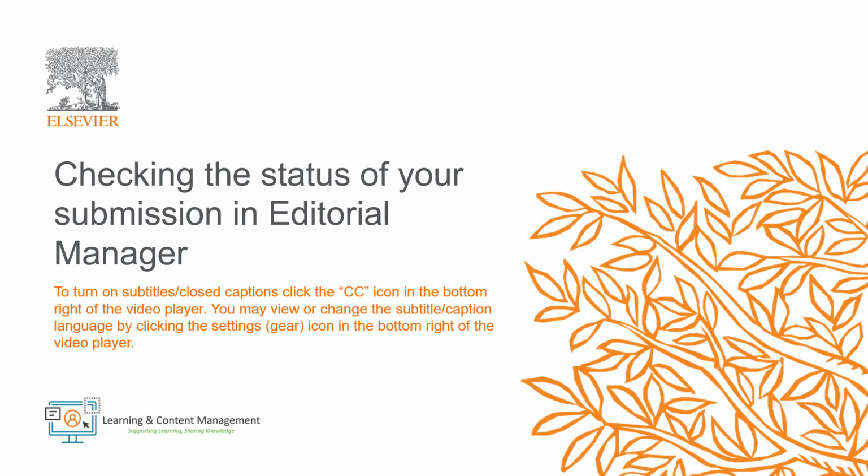In this video, I will provide a brief explanation on how you can track the status of your manuscript in Editorial Manager. As corresponding author, you can always follow your submission through the Editorial Manager review process on your author main menu. Depending on the journal policy, you may be able to view a more specific status term, status date, and the correspondence history. You can also track your submission using Elsevier's Track Your Submission service.